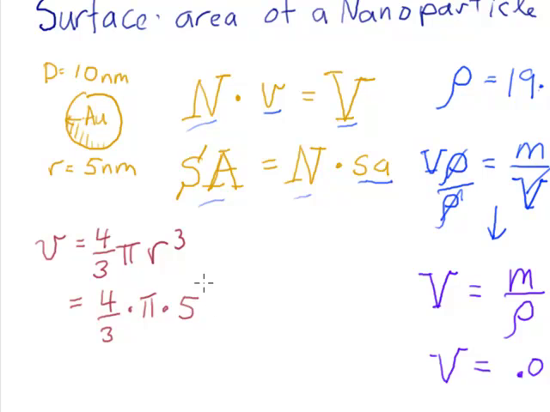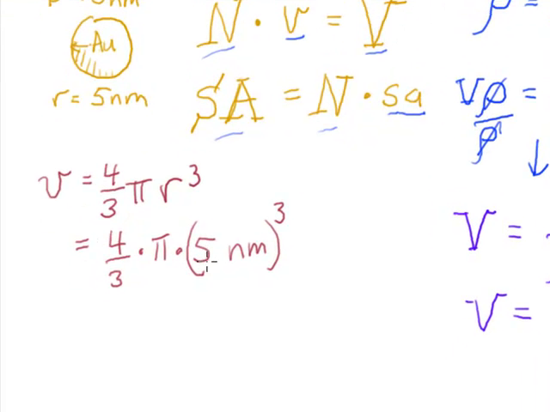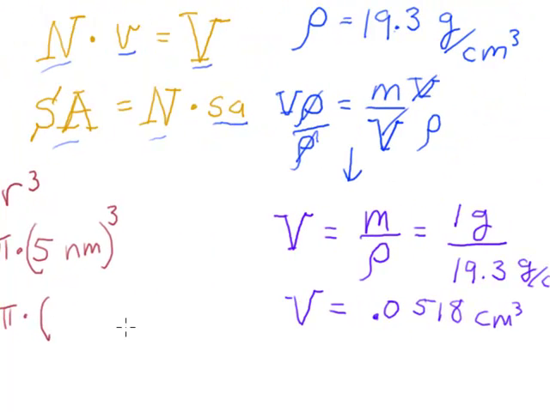This is the volume of a sphere, 5 nanometers, and that whole thing has to be cubed. Now remember, when you cube a number, you also have to cube the units, and you want to keep track of that. So I'm going to do this 4/3 times pi times this cubed,